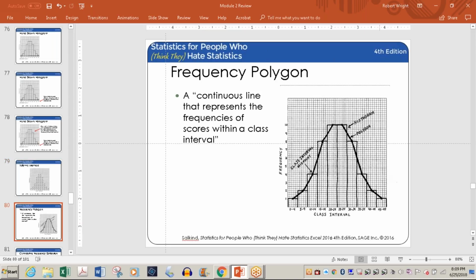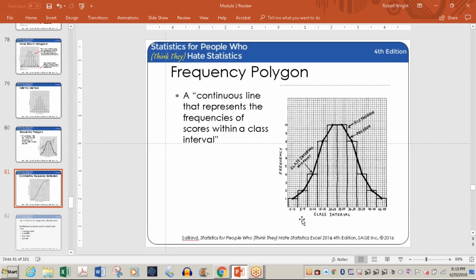Frequency polygon, another one here. Here what you're doing is taking a point and putting it in the middle of your class, and then doing the frequency. Again, you have this bell-shaped curve, and they have it overlaying that histogram, so you have an idea of what they're doing there. But this is all just basic ways of showing you information in a quick snapshot form. Did anybody have any questions or comments? Nope, I'm good. Okay, then moving right along.